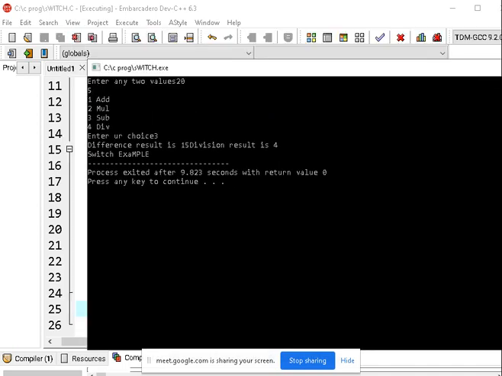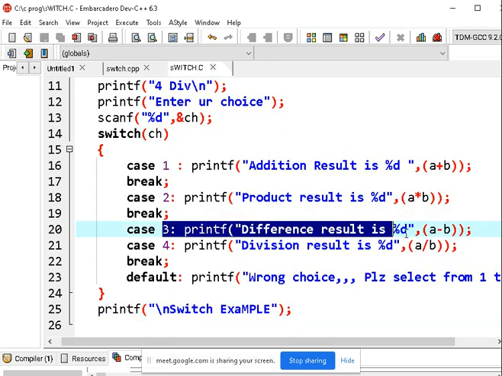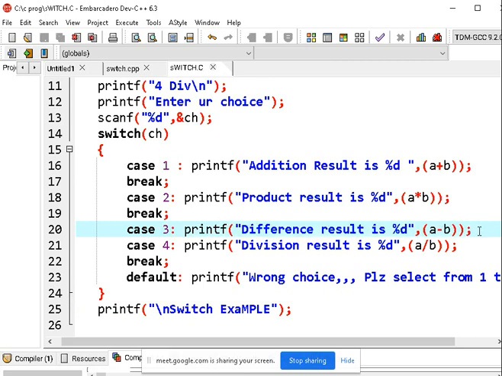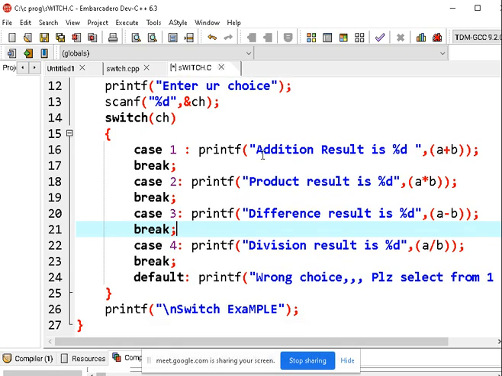Sir, why has it come? So first, as per the requirement, it will go to this third case and execute it. But after the statement, we don't have a break statement over there. That's why it will go to the next case and execute. So the control will continue until it encounters a break statement. It breaks only where the break comes. Since we didn't write break there, along with the third case, the fourth case also got executed. So this is the difference we have to understand when we are working with switch cases. Okay?